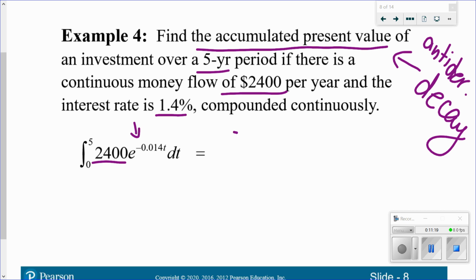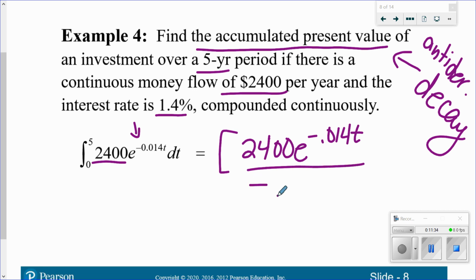So remember, when we're taking the antiderivative, write it exactly as it appears. Negative 0.014 t, and then divide by the derivative of the exponent. Okay, and then we're going to evaluate that at 0 and at 5. So let's go ahead and put that into the calculator. So we have 2,400